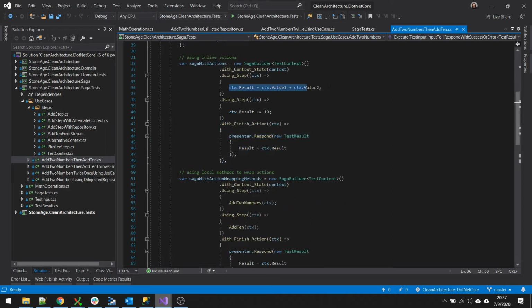So the idea here with the inline actions is that it's like writing a method. It's just a lambda. All it does here is add the two values to result, then it adds 10, and then it finishes with the finishing action of returning the test result using the context. I know you could use local variables,